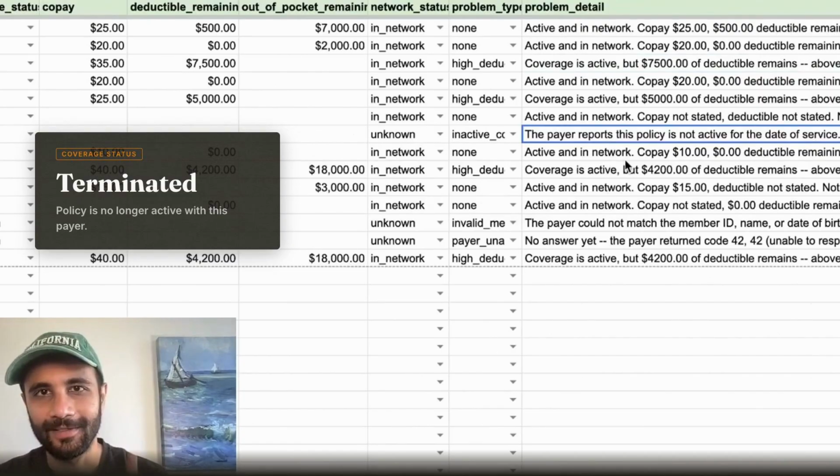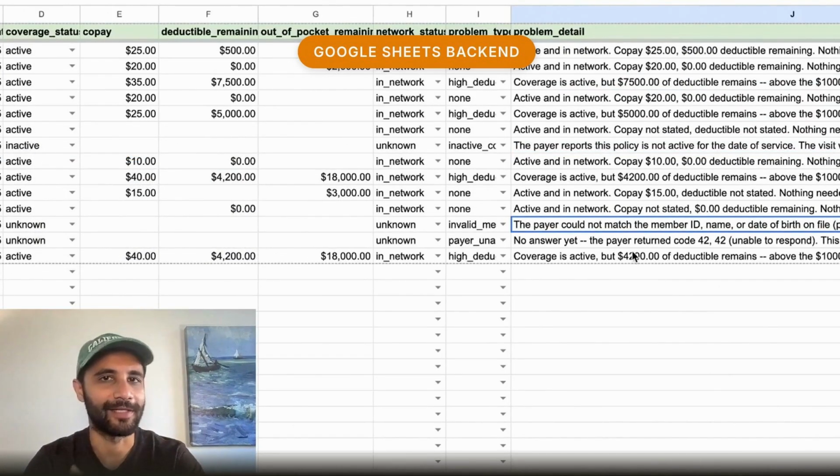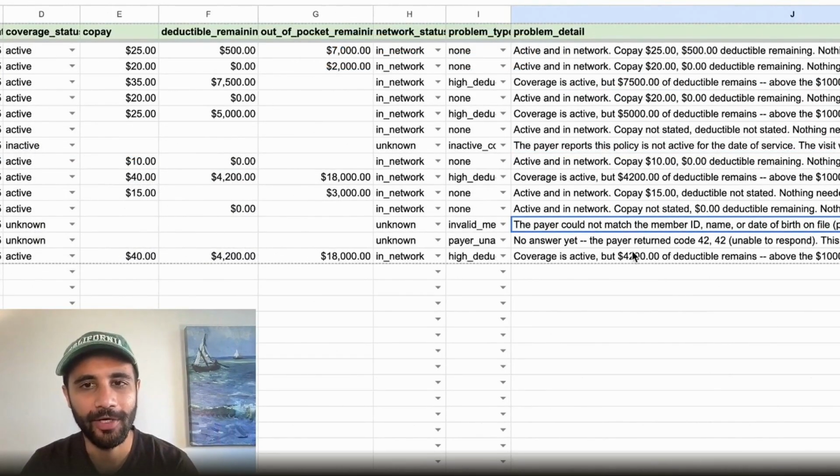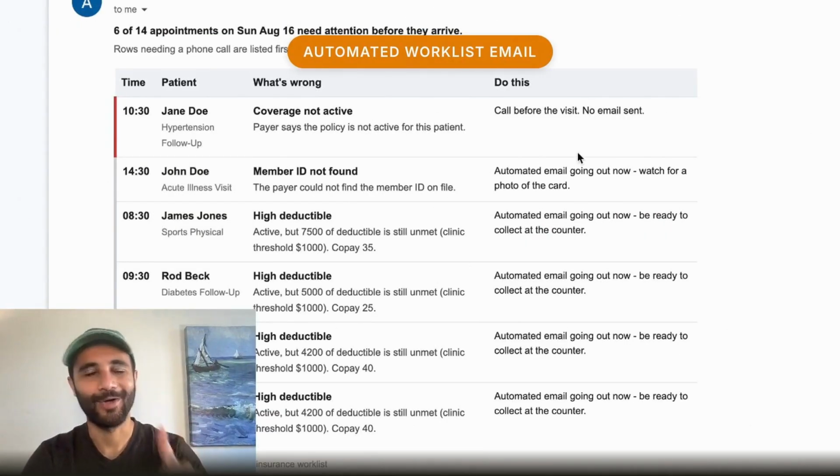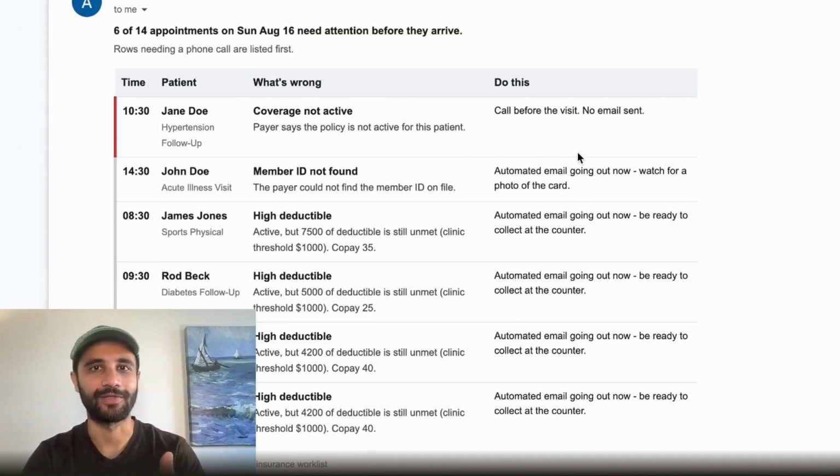This policy is not active. This member ID did not match anyone at the payer. This one is covered with $7,500 of deductible left. And the front desk only hears about the 6 patients that have problems. I'll build the whole thing with you in 10 minutes, and I'll flag the step where most people's version quietly